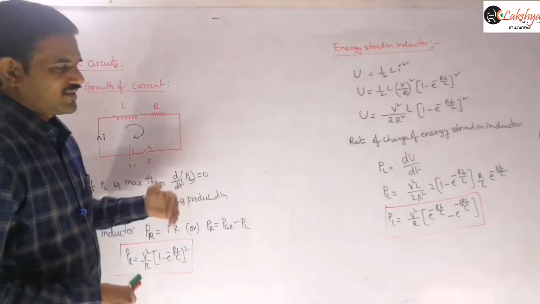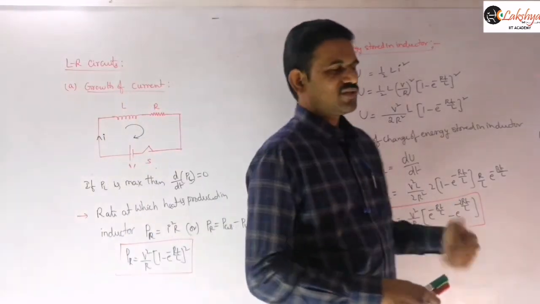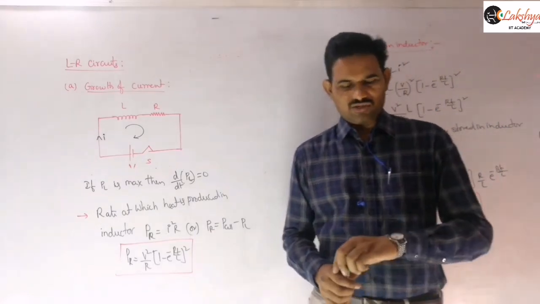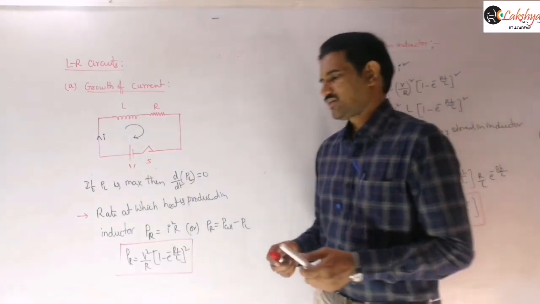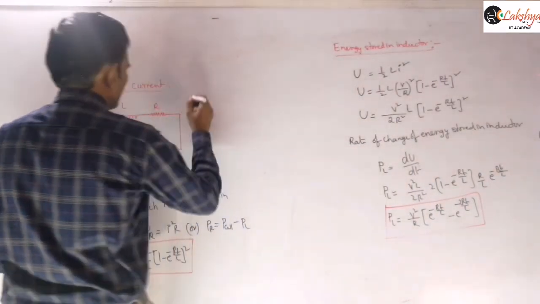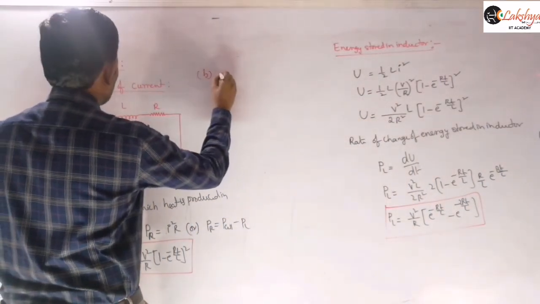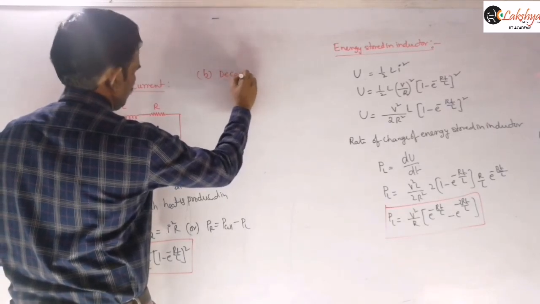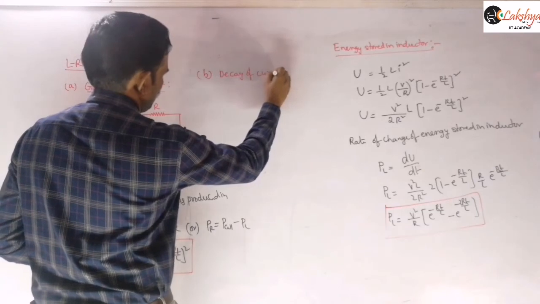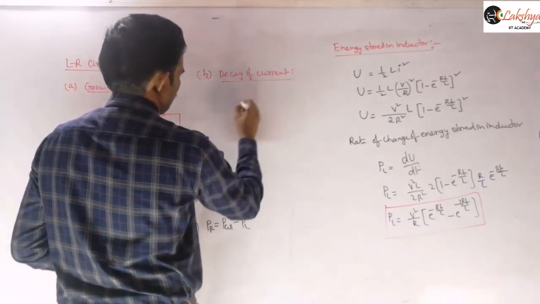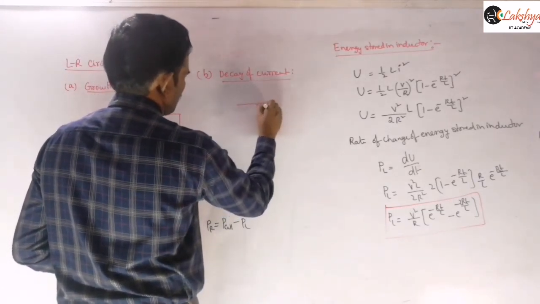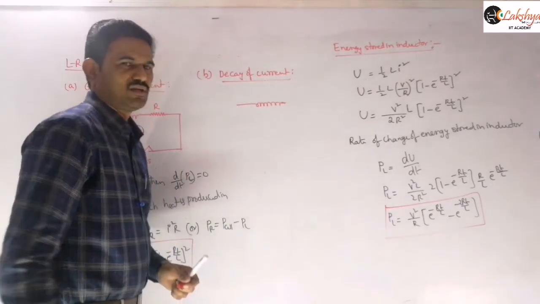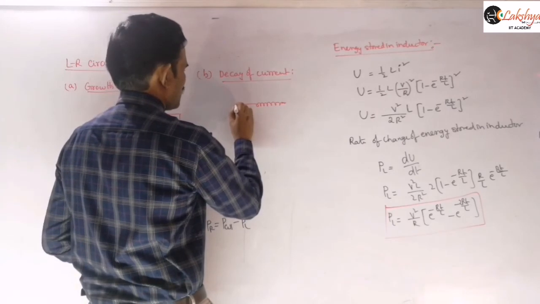Then we need to do similar calculations in the case of decay of the current. So try to derive an expression for the decay of the current also. Now simply I will give this description, so try to derive that. Decay of current. Decay of current means some current is already flowing in this inductor, the maximum current. So after reaching that maximum current,